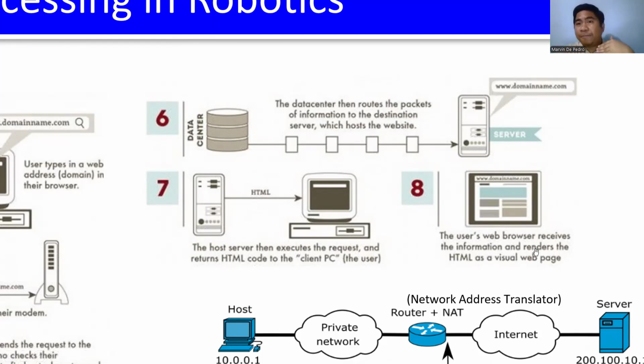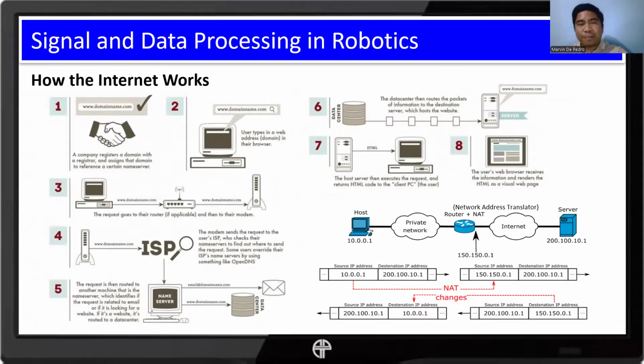And vice versa. When the user sends data to the robot, the process is basically much the same. Now, when we communicate via the internet, remember that we go through our router, which includes the NAT feature or NAT function.